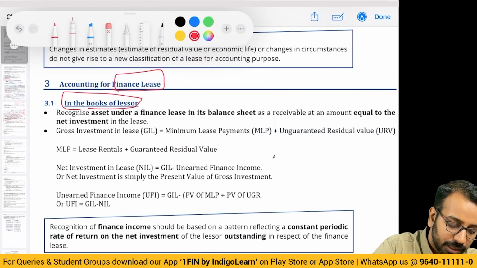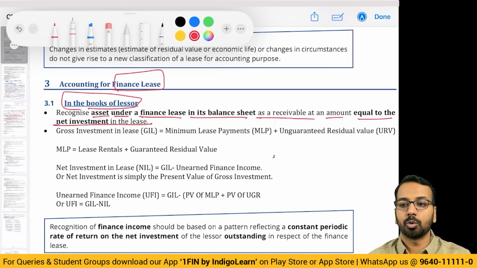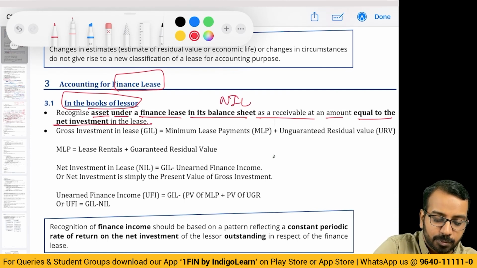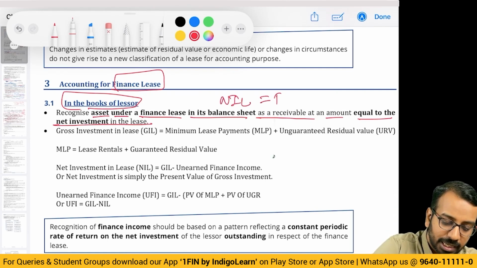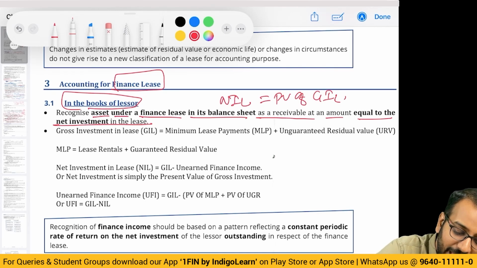If you see, the lessor will recognize an asset under a finance lease in its balance sheet as a receivable at an amount equal to the net investment in lease. So what we'll do, we'll calculate net investment in lease. What is net investment in lease? Present value of gross investment in lease. So whatever is the present value of gross investment in lease, they would say, I have an asset which is a receivable,